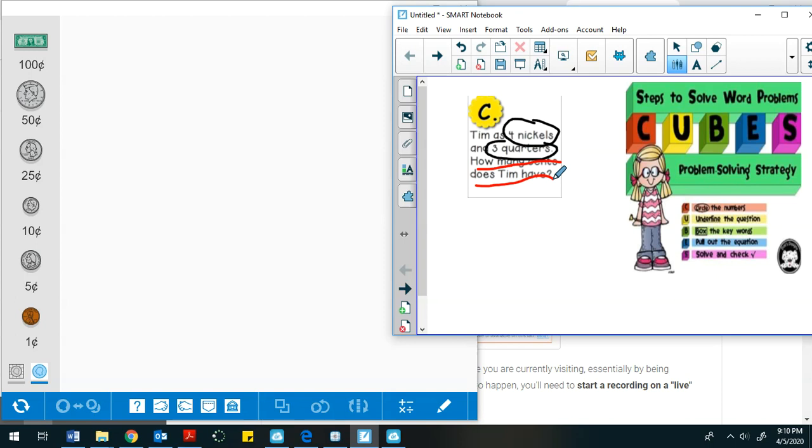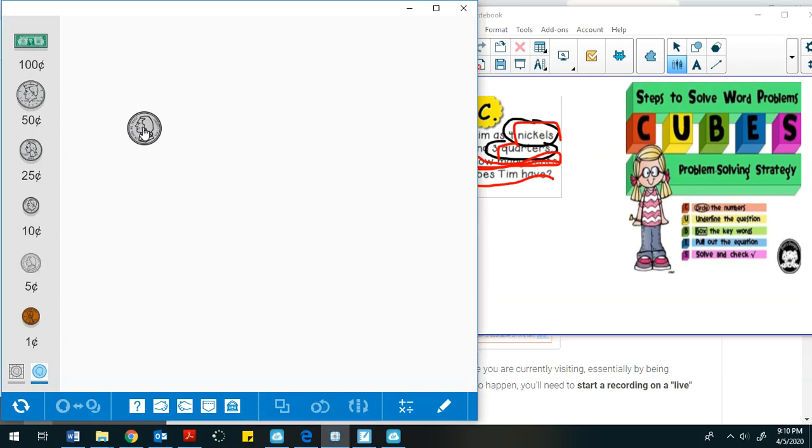So here I don't necessarily have any keywords. Those were my nickels and my quarters. So I'm just going to box I have nickels, I have quarters, and a keyword here also would be how many cents. So that tells me I need to add up the total amount of money. So here, I'm not really going to do an equation because I need to use money to help me with this. So I'm going to go to the website that's posted on the slide,